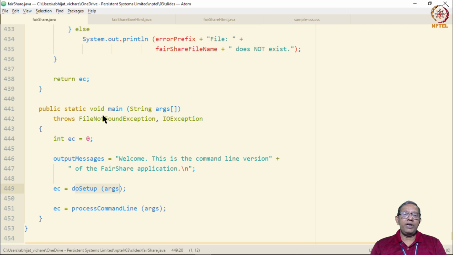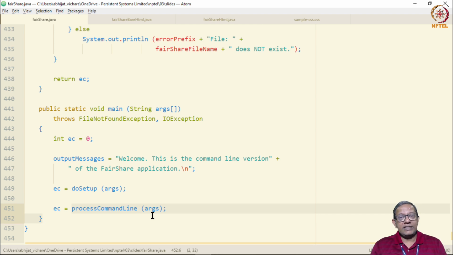Let's begin by reviewing the command line version that we did earlier. The command line version is a fairly simple one. There is a static main as usual, and there are two main functions, or methods, as Java would say, the one that just does a setup and the second one that processes command line arguments. This process command line arguments method is our workhorse in the sense that it dispatches. Depending on what we provide on the command line, it dispatches the corresponding method to handle that.